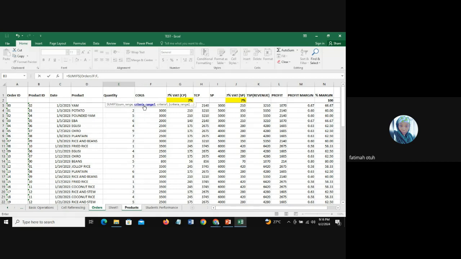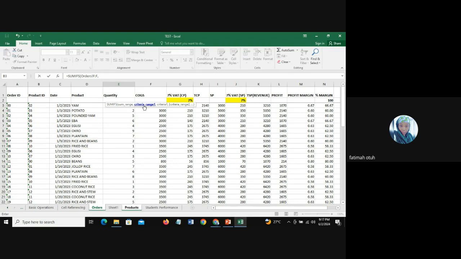After selecting your sum range, Excel is asking which range of values you want the calculation you've just selected to be